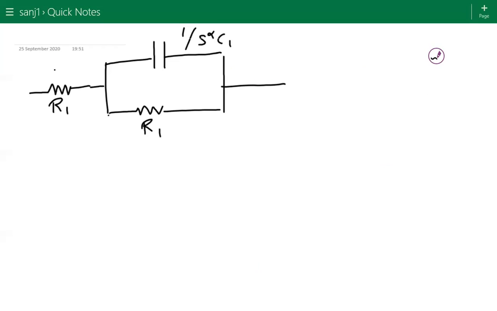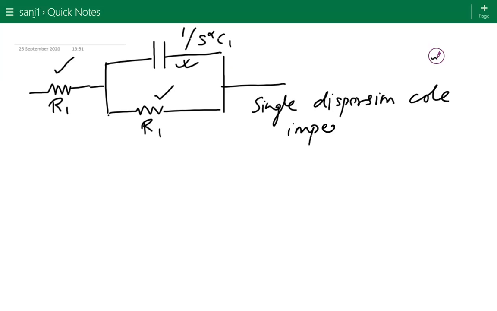The first element is the resistance, there is another resistance, and here a constant phase element. This is known as the single dispersion Cole impedance model. There was a scientist named Cole who developed this equivalent circuit, which was mainly used to model